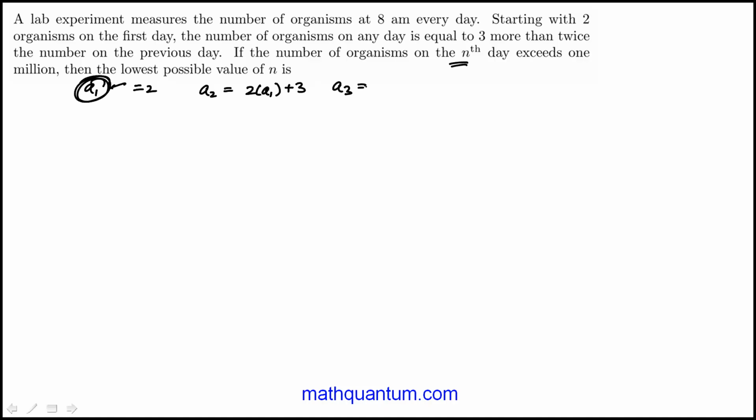And I can repeat that. A3 would be 2a2 plus 3, and if I plug it back in, this would be 2 times (2a1 plus 3). I'm doubling that, plus 3, so that becomes 2 squared a1 plus 2 to the 1 times 3 plus 3. And I'll keep doing it until I see a pattern. So again, I have to double that,